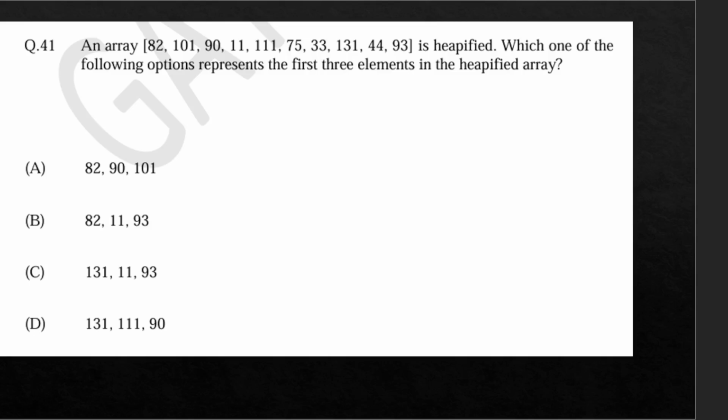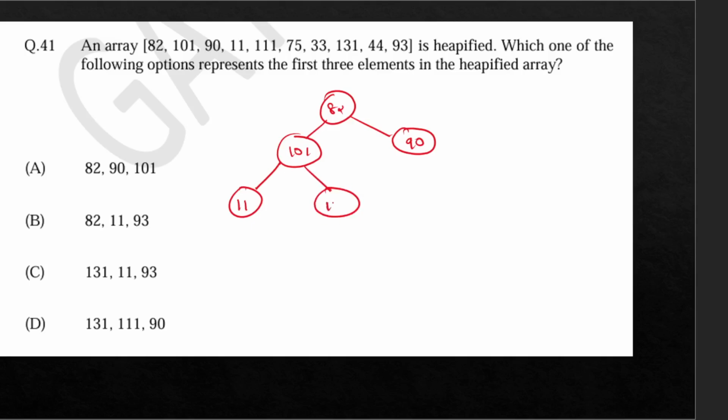Okay, let's see this. An array 82, 101, 90, 11, 111, 75, 33, 131, 44, 93 is heapified. Which one of the following options represents the first three elements in the heapified array? So let's try to make the tree. So a normal tree if we make: 82, after that 101, then 90, 11, 111,